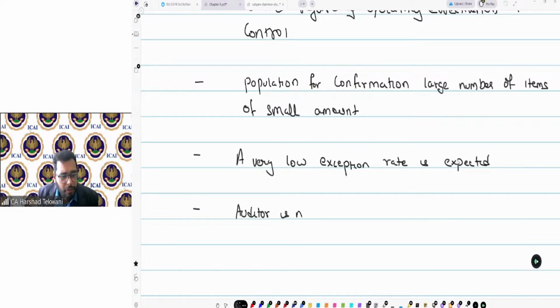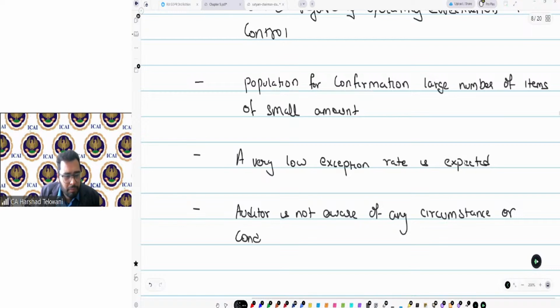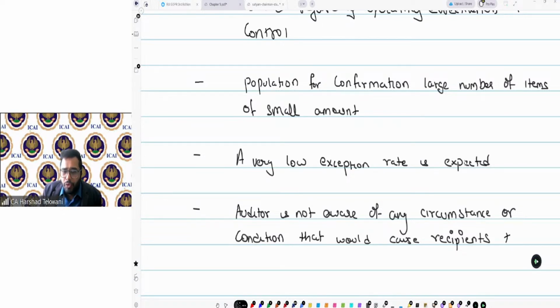So the auditor is not aware of any circumstance or condition that would cause recipients of negative confirmation requests to disregard such requests.